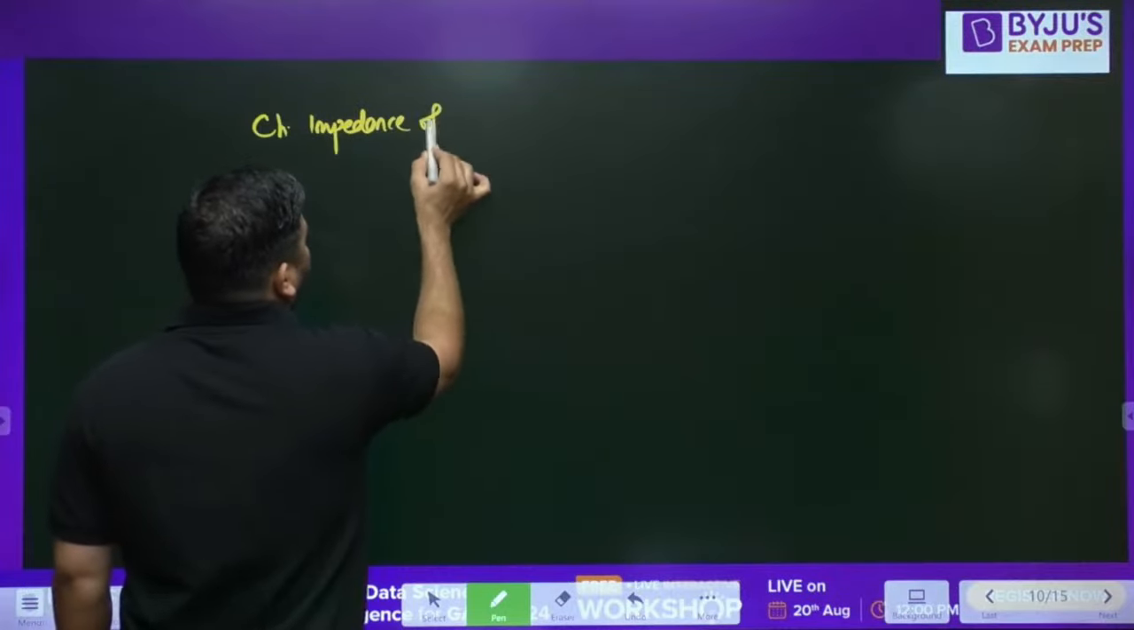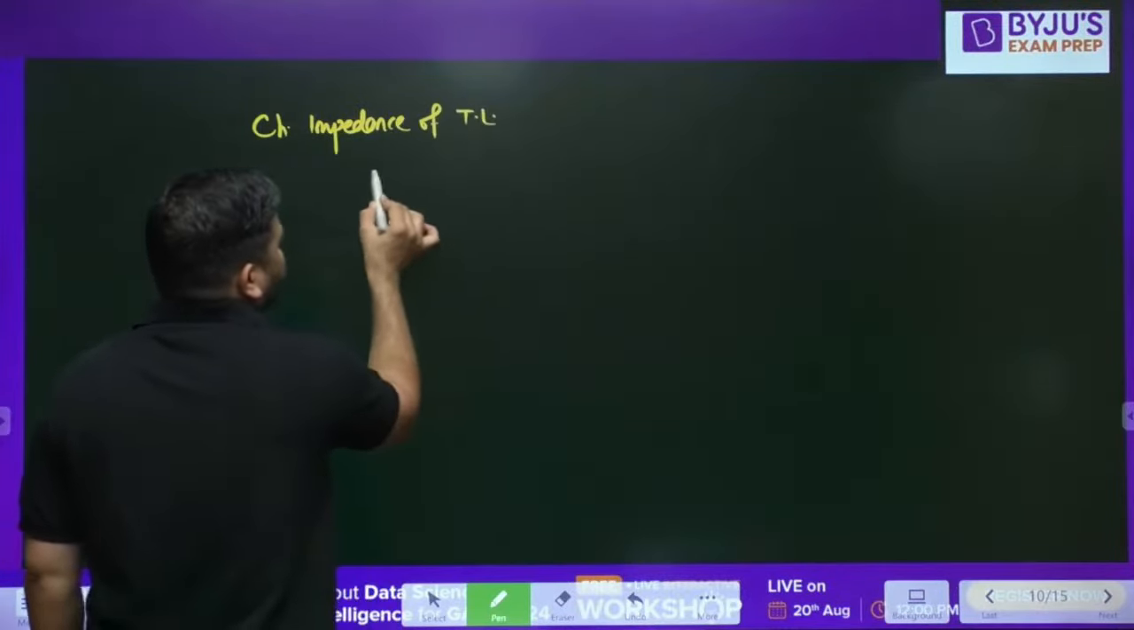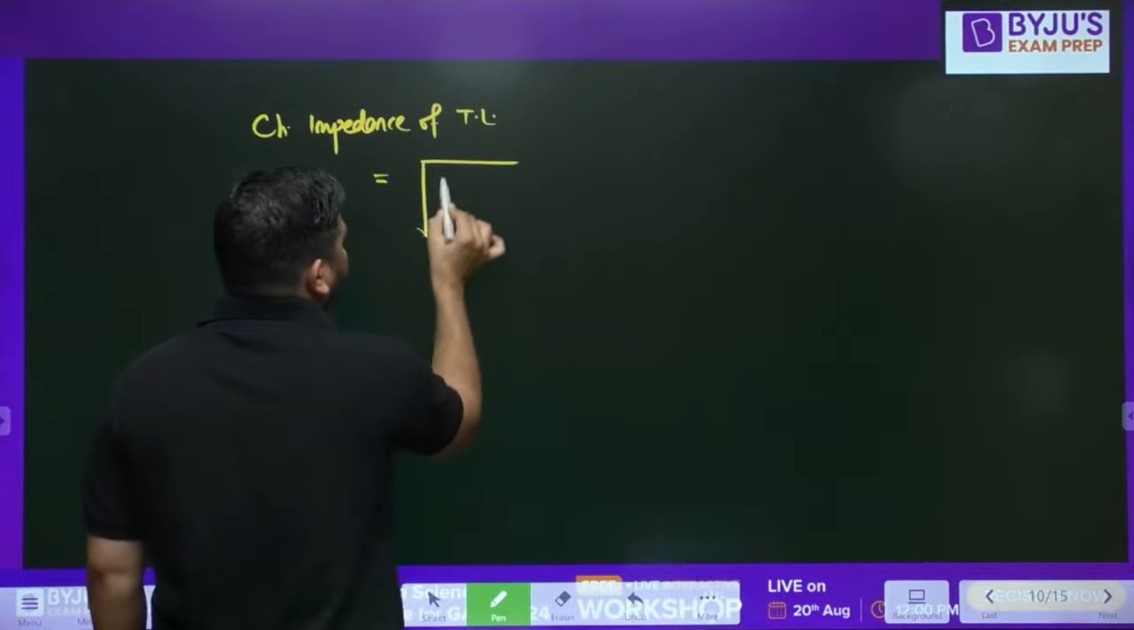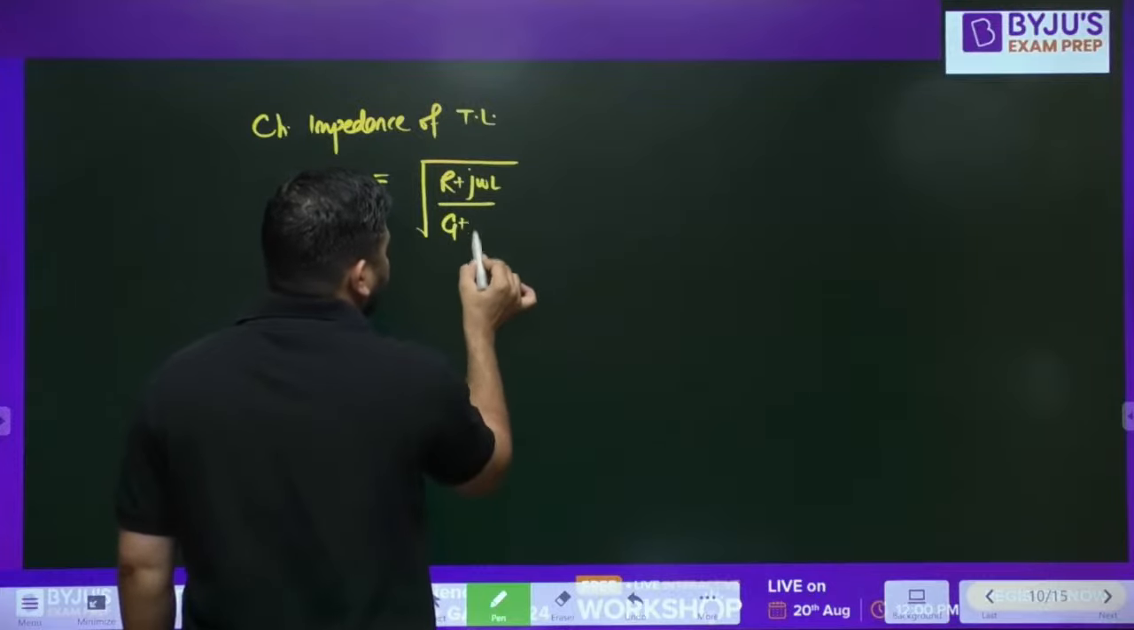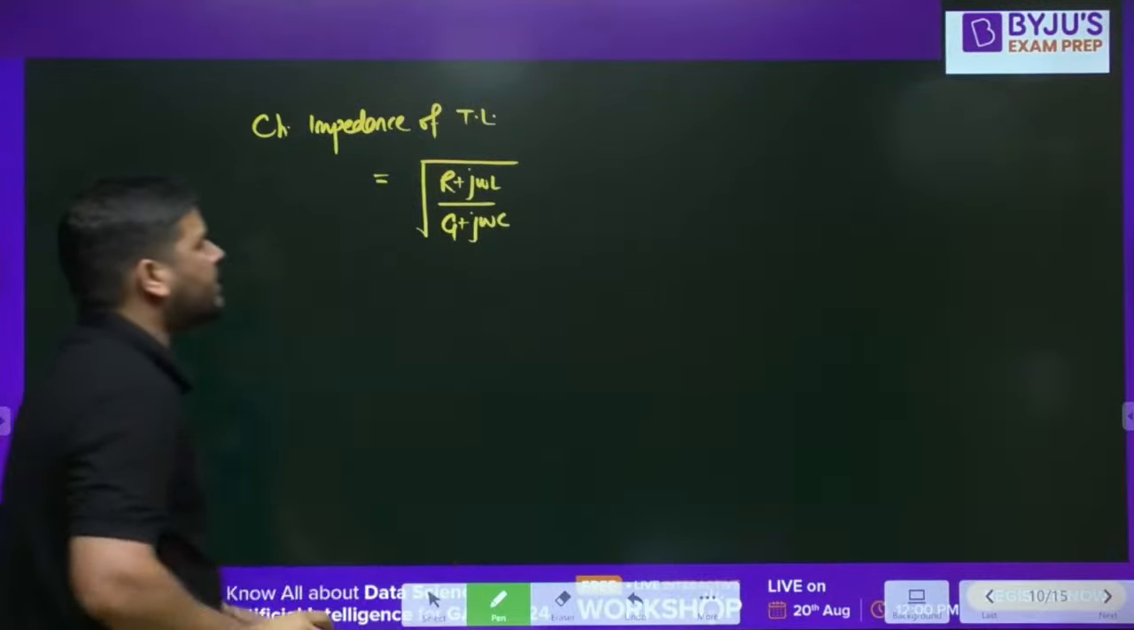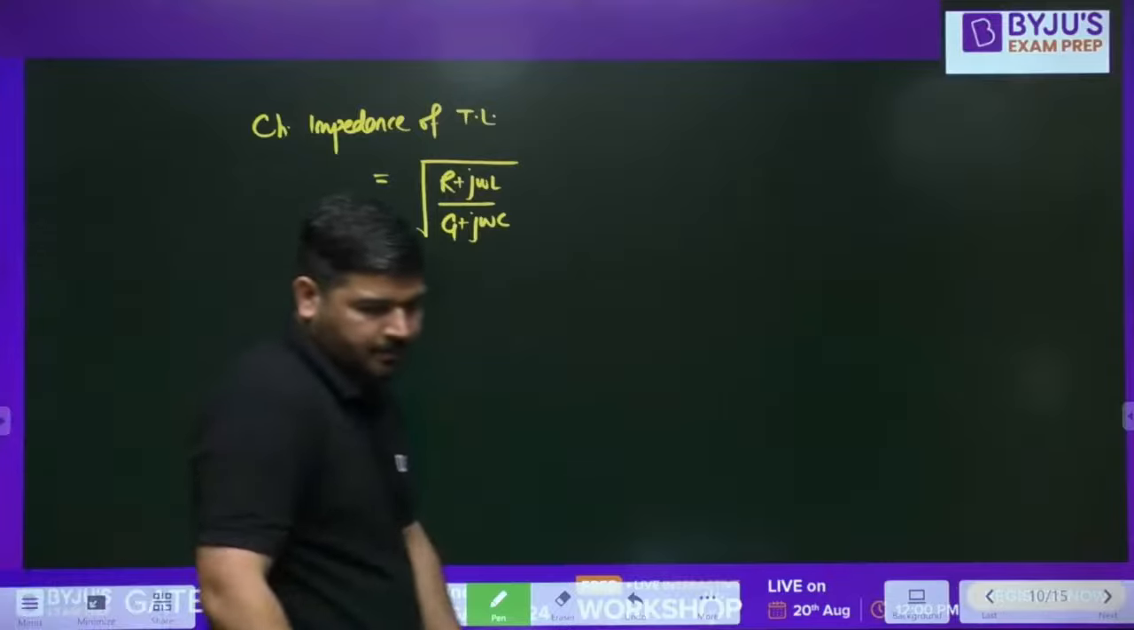Characteristic impedance of transmission line. What is the characteristic impedance of the transmission line? That is root of (R plus J omega L) divided by (G plus J omega C). This is the characteristic impedance of the line. Okay guys,